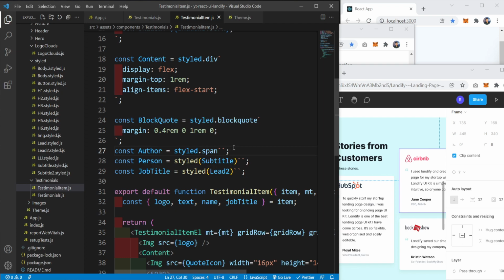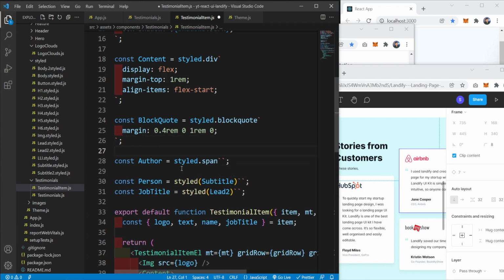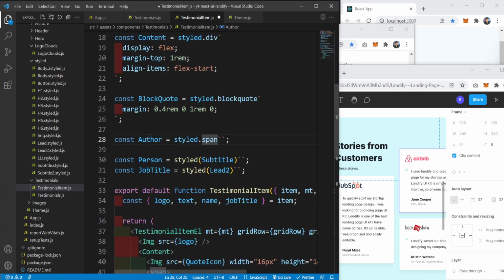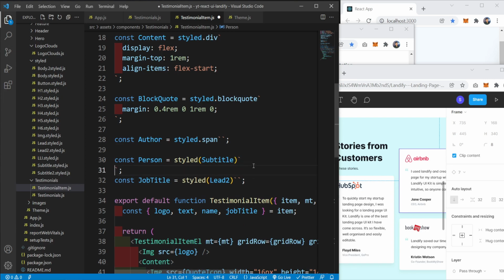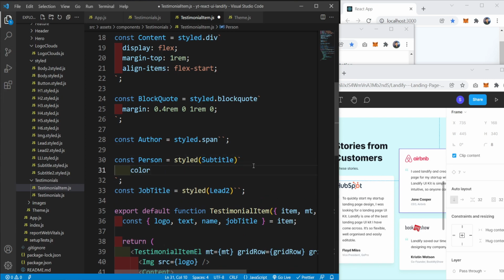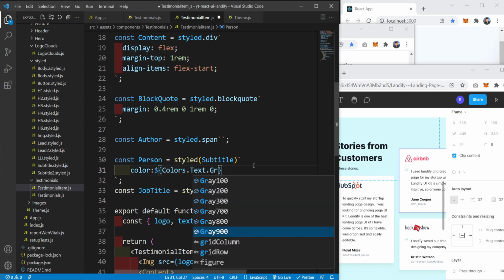And actually for the author, we don't need anything. For person, should set the color. Text gray 900